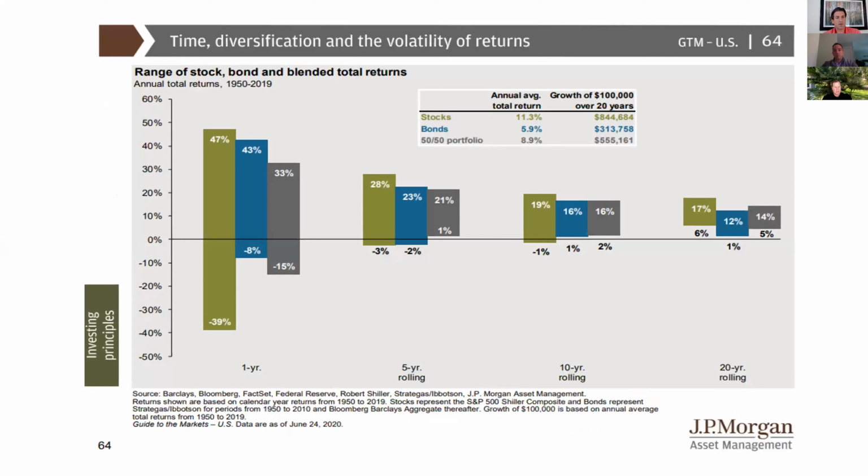So this last slide, time, diversification, the volatility of returns, I think really goes to highlighting the longer your time frame, the greater the odds are stacked in your favor. An analogy that we've talked about internally is when a casino has slight odds when it comes to their advantage over the player, right? It might be in blackjack, they have a 51% advantage, 51 to 49, and in some other games it might be a little bit higher, but it's not like it's 90% to 10%.